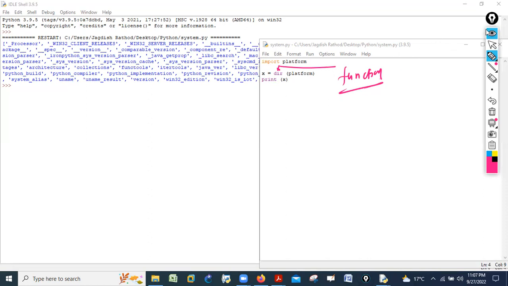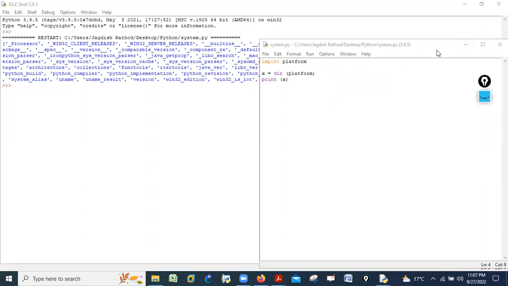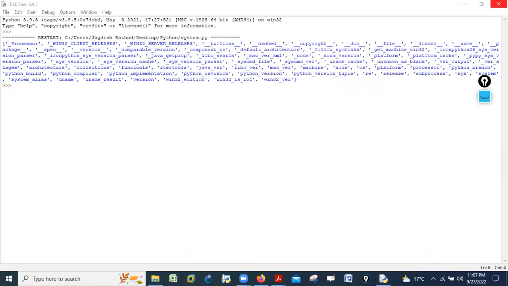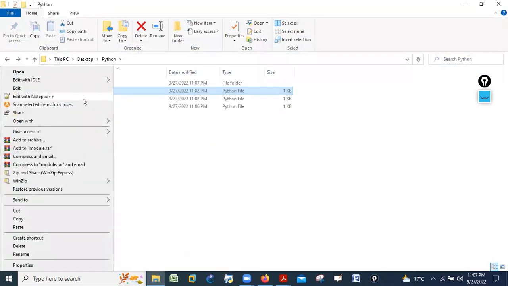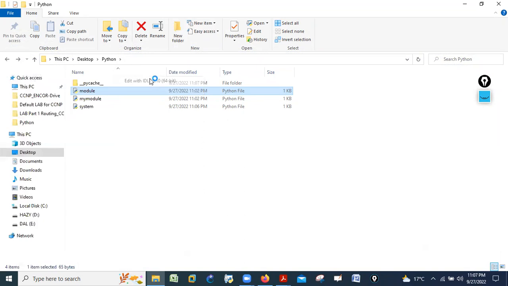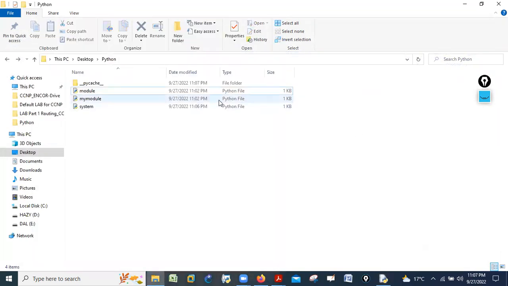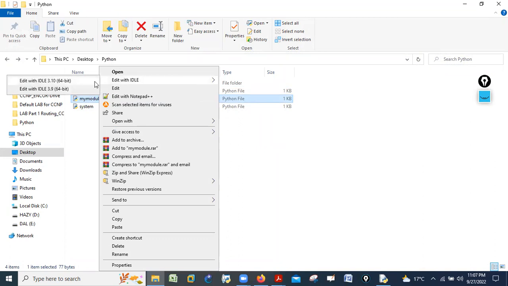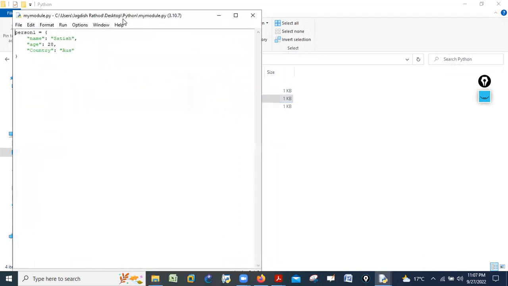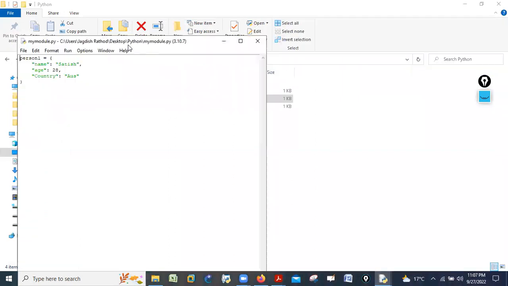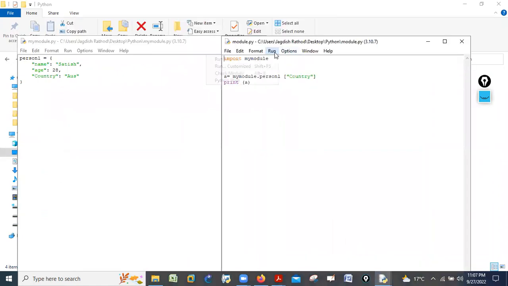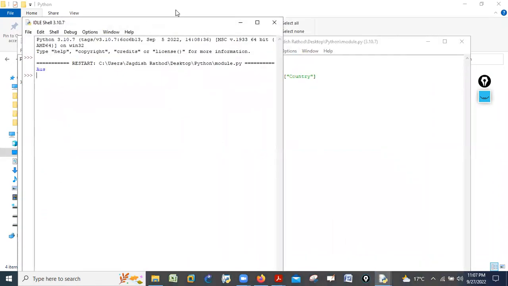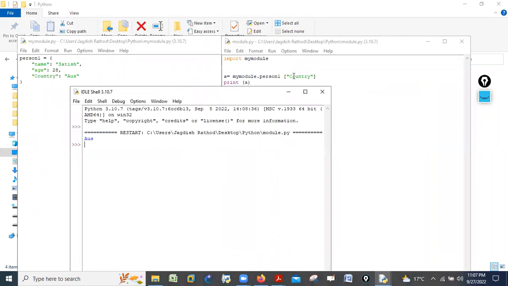Till now, whatever we have discussed is about the two files or something which is inbuilt, which is already there. Now let me go here and say edit with IDLE. I have opened my file number 1. I will go here and open my file number 2. So I have opened both files here. This is my module.py and this is simply module.py. You know very well, when I run this program, it will give me the output as a country name because we have defined the country name over here. Sounds good? Now listen to me carefully.